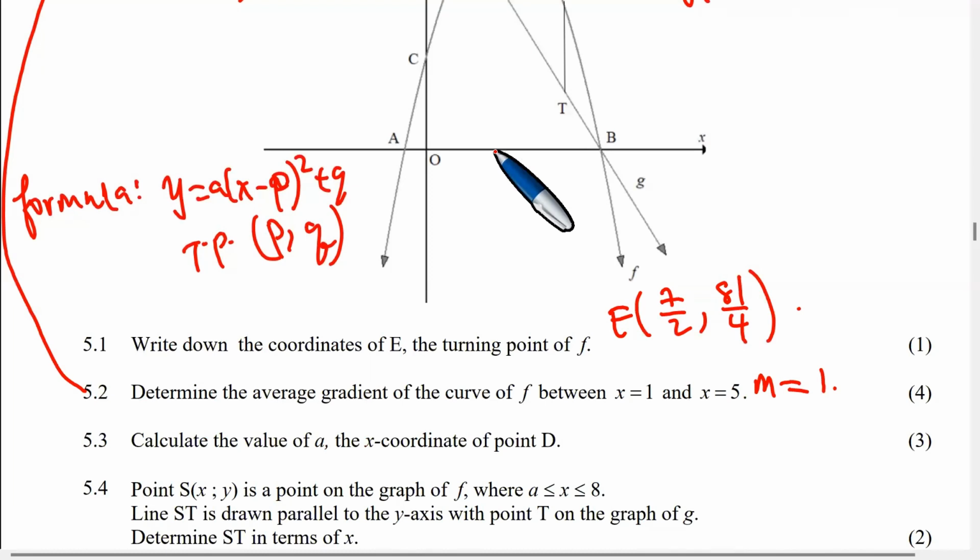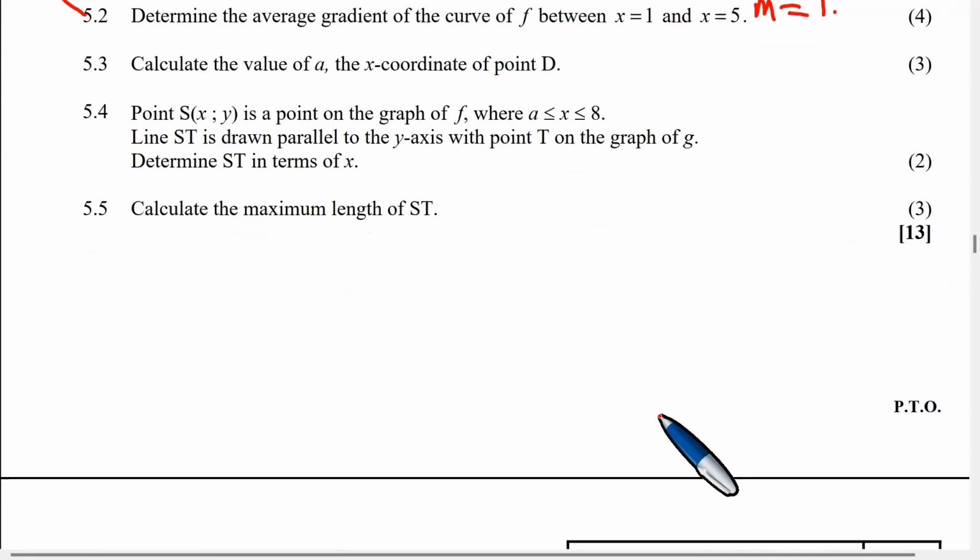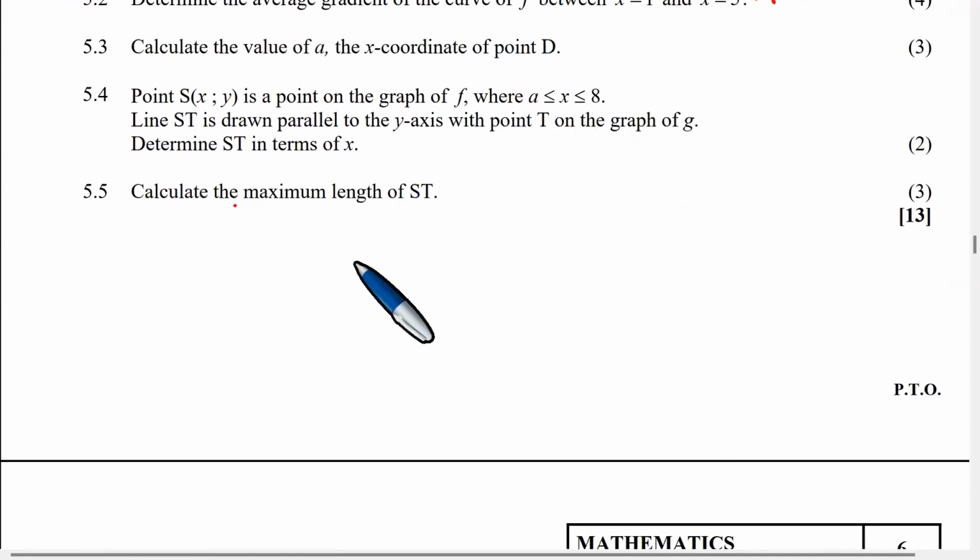Okay, we continue to find the value of A. Look at that very carefully. That is 5.3. So it is a point of intersection of the two graphs. How do we find the point of intersection of the two graphs in D? So to find this one, in 5.3, so you have